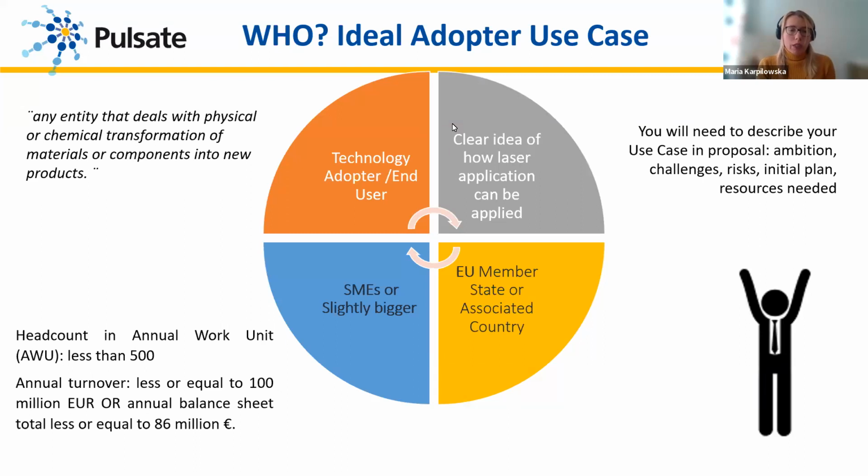In terms of the legal status requirements, what kind of companies are eligible? SMEs or slightly bigger companies. So the criteria to take into account here are headcount in annual work units, which has to be less than 500, and annual turnover less or equal to 100 million euro, or annual balance sheet total less or equal to 86 million euro. You will find all those details, of course, in the guide for applicants that is available on the Pulsate